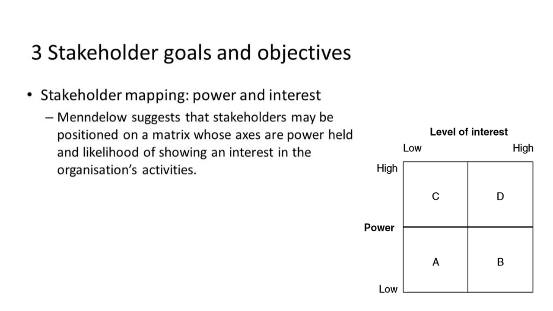C. Stakeholders in segment B do not have great ability to influence strategy, but their views can be important in influencing more powerful stakeholders, perhaps by lobbying. They should therefore be kept informed. Community representatives and charities might fall into segment B. D. Minimal effort is expended on segment A.